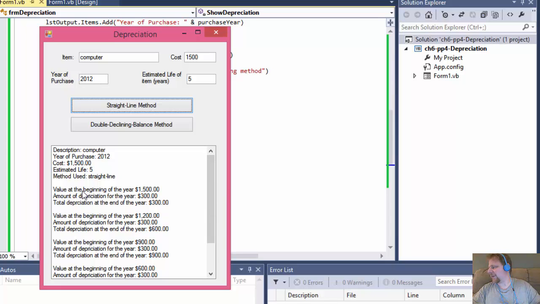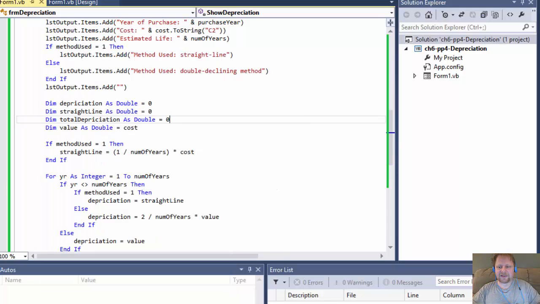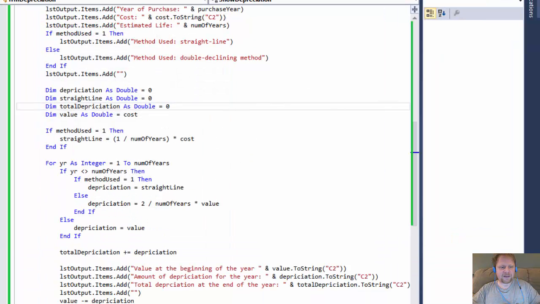It says value at the beginning of 2012. In other words, it actually prints the year, and it also prints the amount of depreciation during 2012. In other words, it actually prints the year and the total depreciation at the end of the year 2012. So we have to add the year to our output,